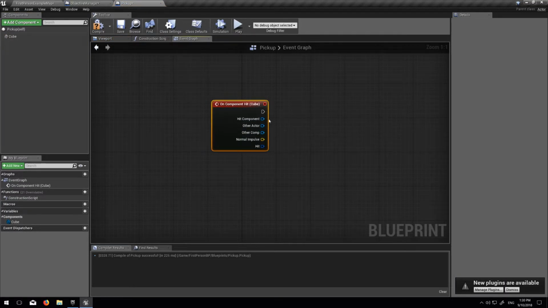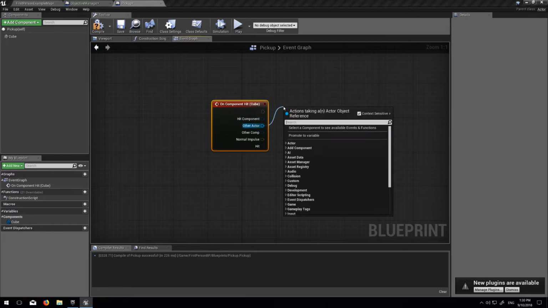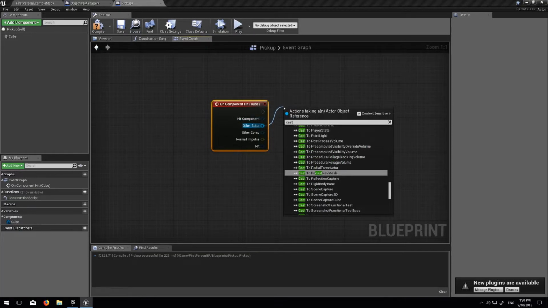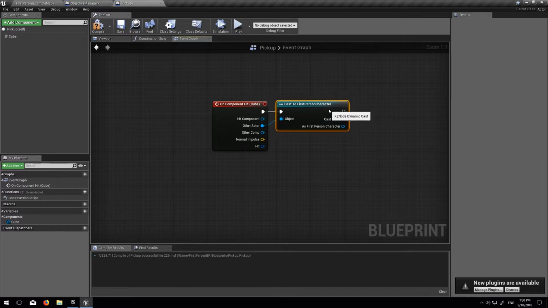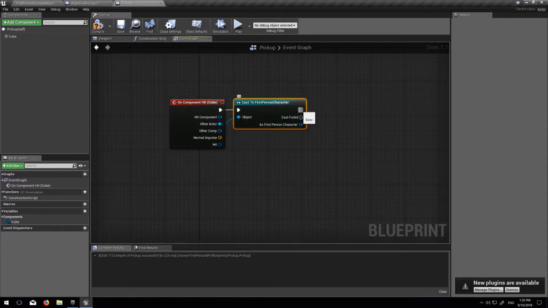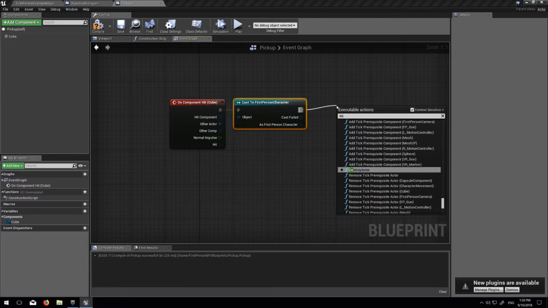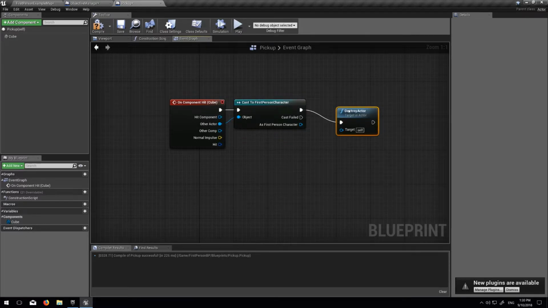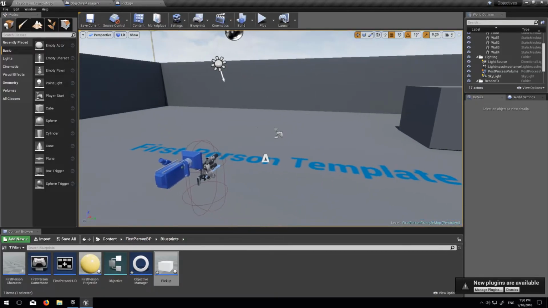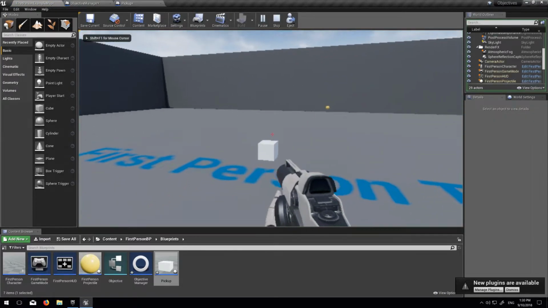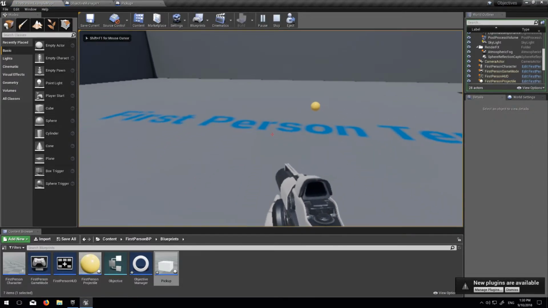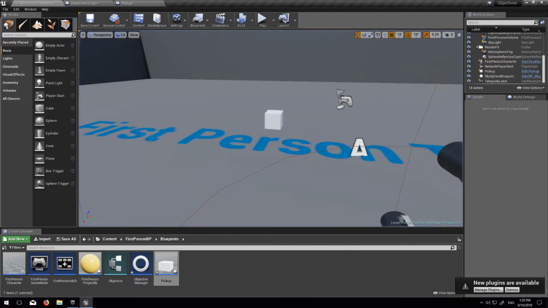So whenever this thing is hit by our character, which in this case is first person character, let's just destroy it to see if the collision works. So let me just add a cube over here. And here we go. The cube is destroyed. Alright, so